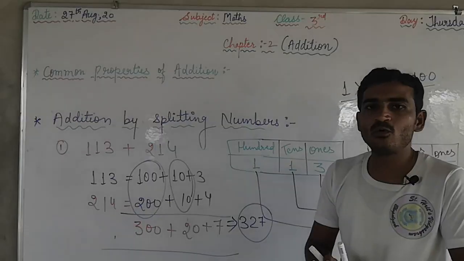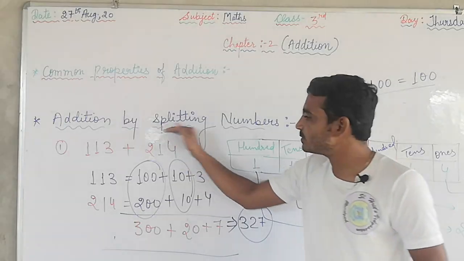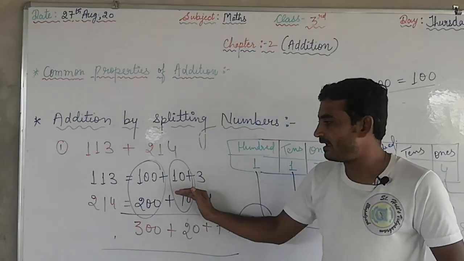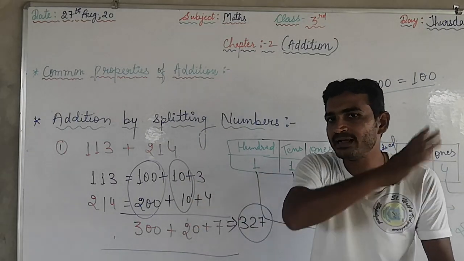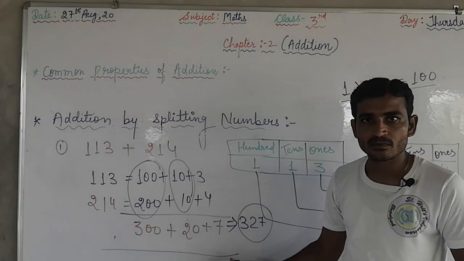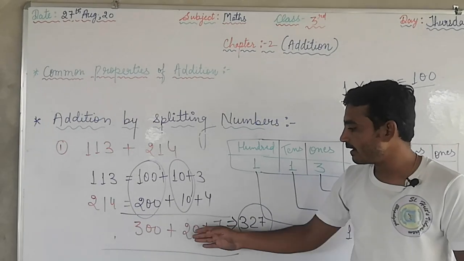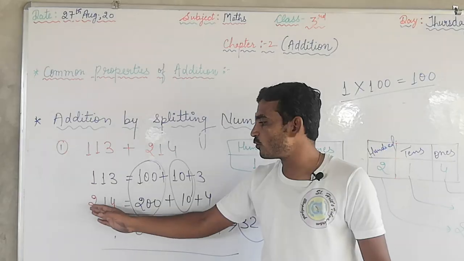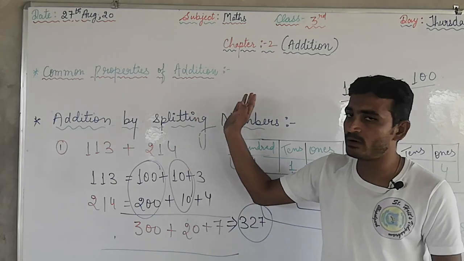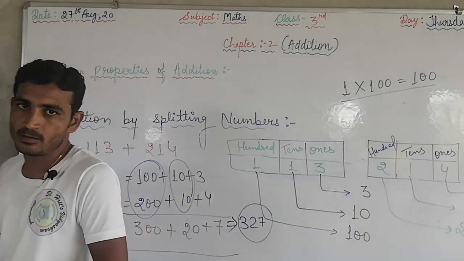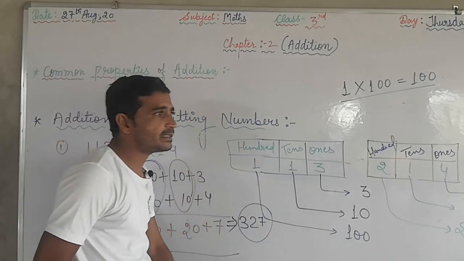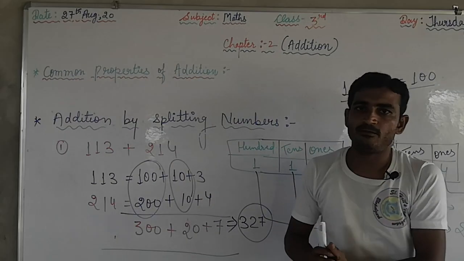So for this, did we do any calculation, any addition anywhere? No. Without any addition, by splitting. Splitting means breaking down. What did we do to 113? We broke it down according to the place value. Now the calculation is simple. Now we are able to calculate 113 and 214 on the tips of our fingers, without calculating on the whiteboard. So in this way you can split the numbers and your addition will become simpler.